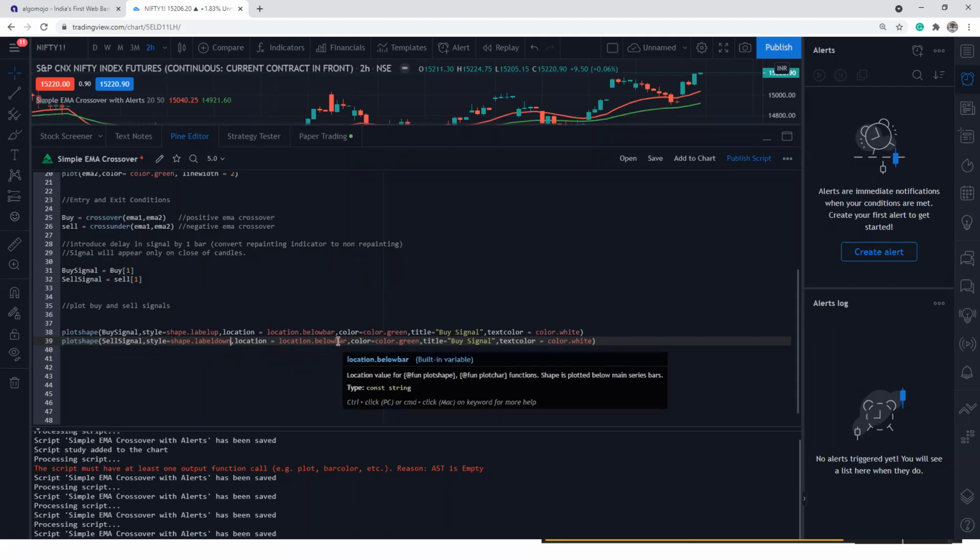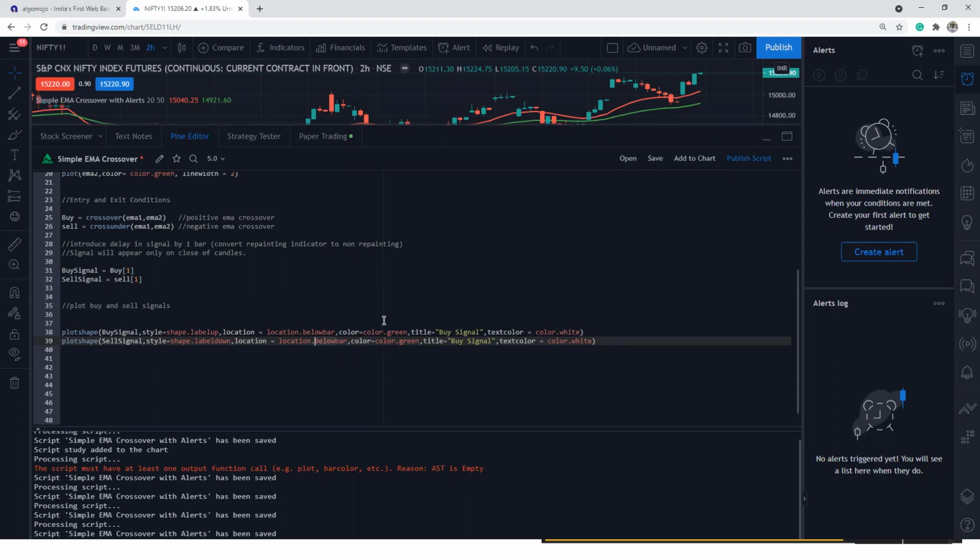Where do you want to plot the signal? I want to plot a sell signal above the bar. What color do you want to plot? Obviously sell color, so it is red, color dot red. And it is going to be a sell signal, and I'm going to maintain the text as color white itself.